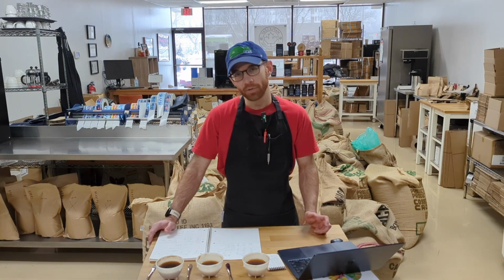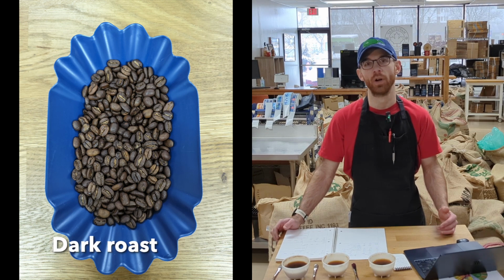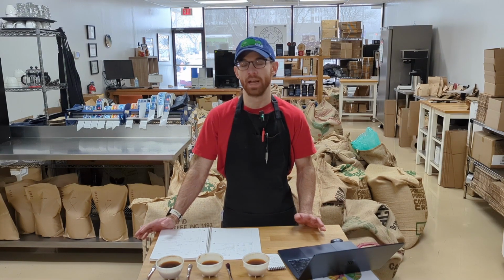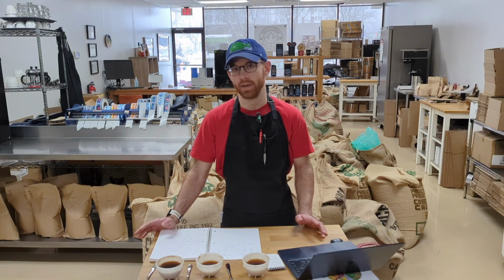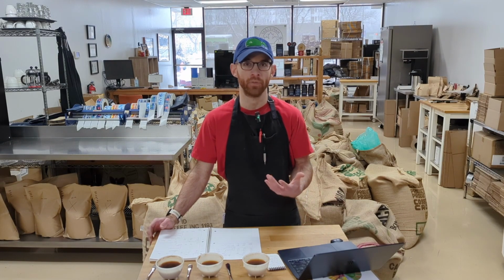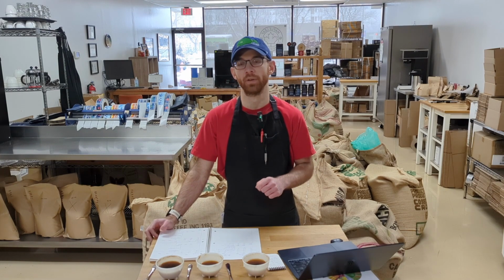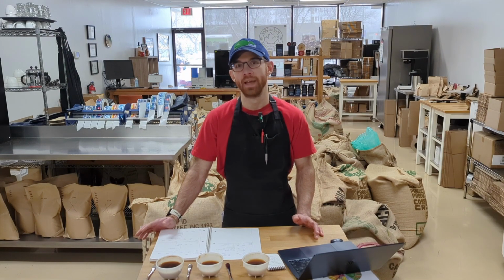On the dark roast side of things, this is where we got closest to what you would normally see from an Indonesian coffee that's just dark roasted, highlighting a roast process coffee. But because of the way that it was roasted, it was still meant to create a coffee that has a lot of character, even as a darker roast. So on the dark roast side, there's still that fruitiness in the grounds themselves. So if you're going to take this home and grind it, and put it up to your nose before you put it into whatever machine or contraption you're using to make the coffee, you're still going to get a sweeter, a little bit of a strawberry tint to it, more of a cherry edge. But once you get it into the actual coffee itself, you're going to get that bigger bodied flavor,